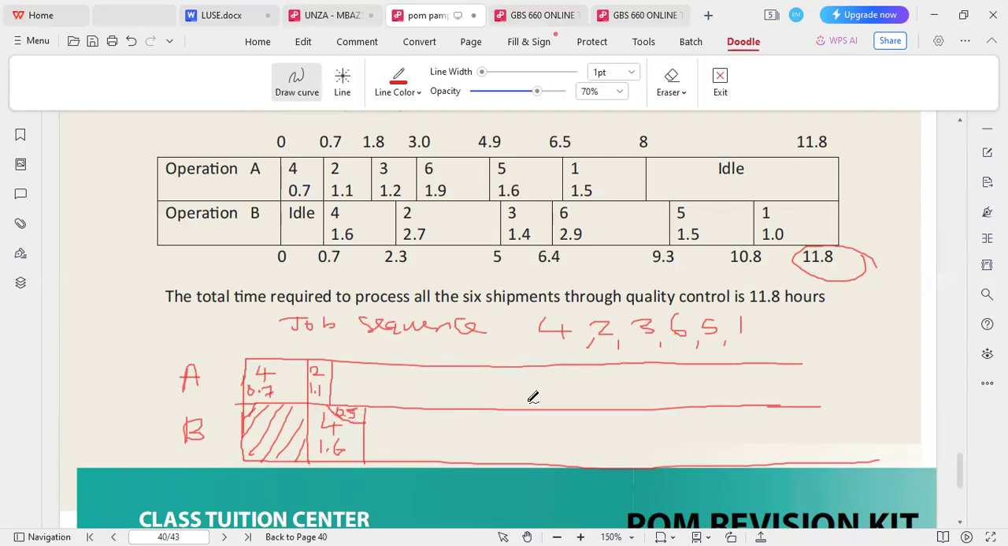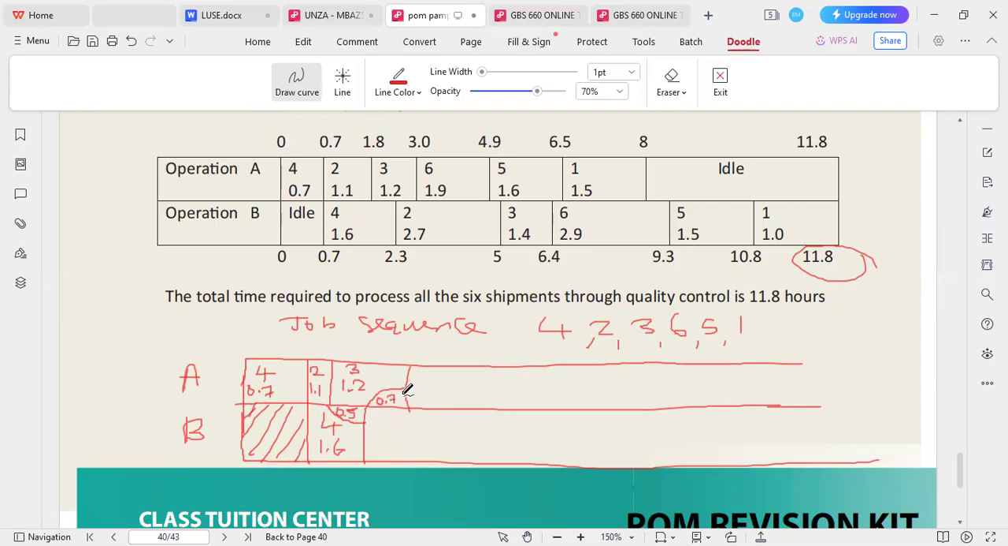Now, operation A, they can switch to job 3, where they are taking 1.2 hours. So 1.2 hours here, meaning they are actually taking 0.7 hours longer. Okay. So now, what is happening in operation B is that by the time they finish running job 3 in